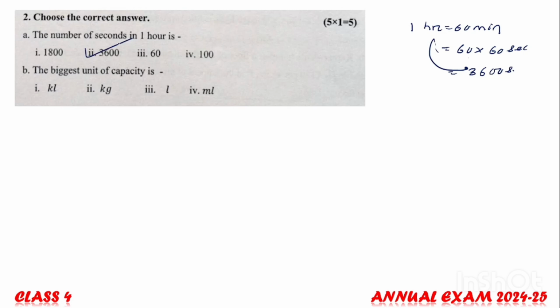Next, the biggest unit of capacity is the kiloliter, that is KL. The kg is the biggest unit of weight, and the ml is the smallest unit of capacity. Okay, and the standard unit of capacity is the liter. Next,